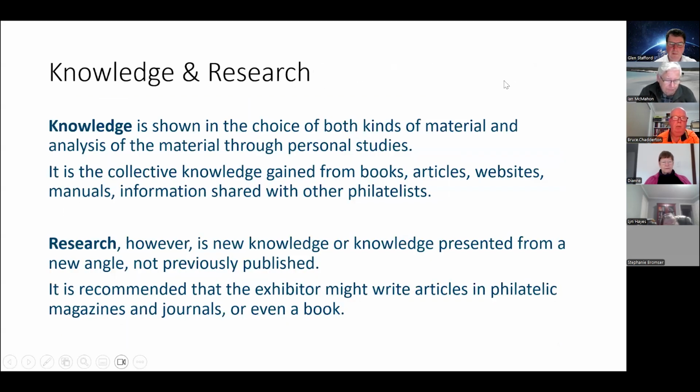So this is one of the slides that was shared with us in Bangkok at the FIP presentation for Open Class, and it's trying to get people to understand the difference between knowledge and research. So knowledge you can find out, and it's pretty well known, and as it says, it's a collective knowledge gained from books or whatever. Research is actually taking that knowledge and doing something with it to enhance your exhibit or